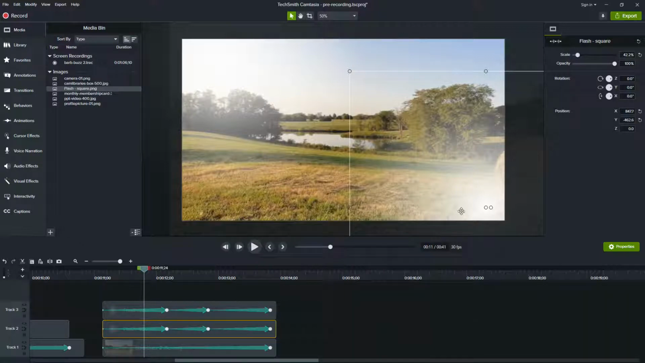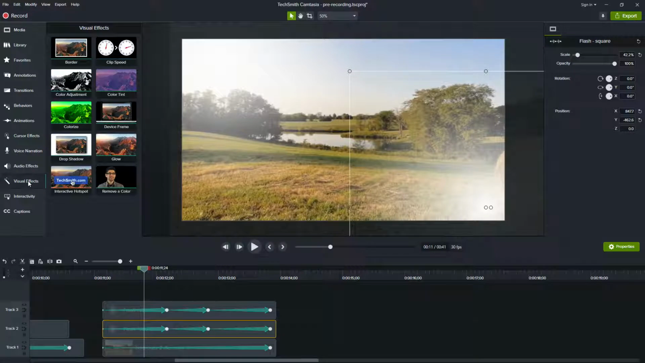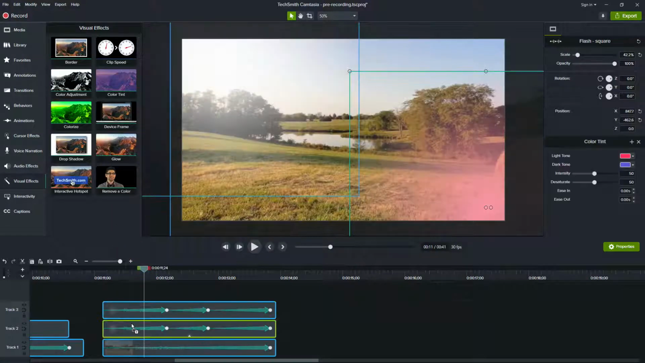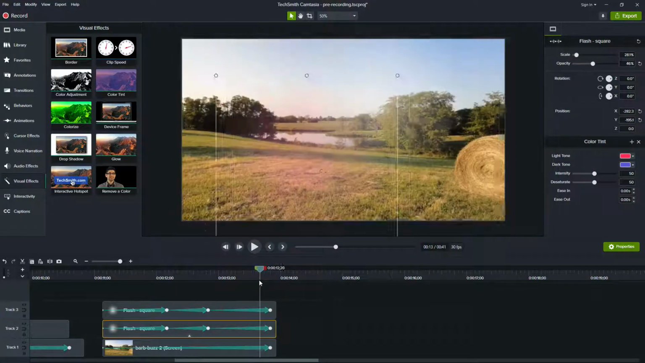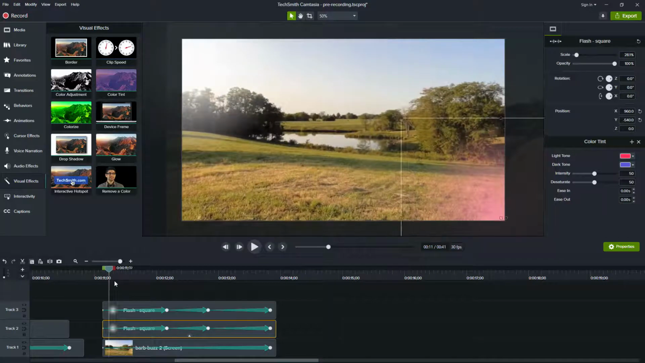So I'm going to choose this bottom part. And what I want to do is I want to color it. And the way I'm going to do that is I'm going to go over to my visual effects, and I'm going to choose color tint. And I'm going to grab color tint, and I'm going to apply it to this second item. Okay, so this bottom item. And as I play through here, it now has this pink tint to it, or this reddish kind of tint